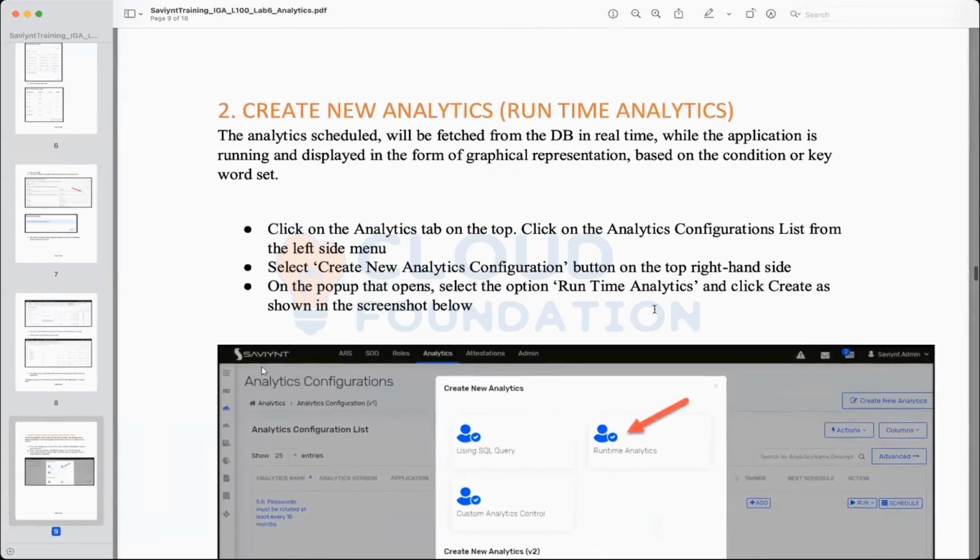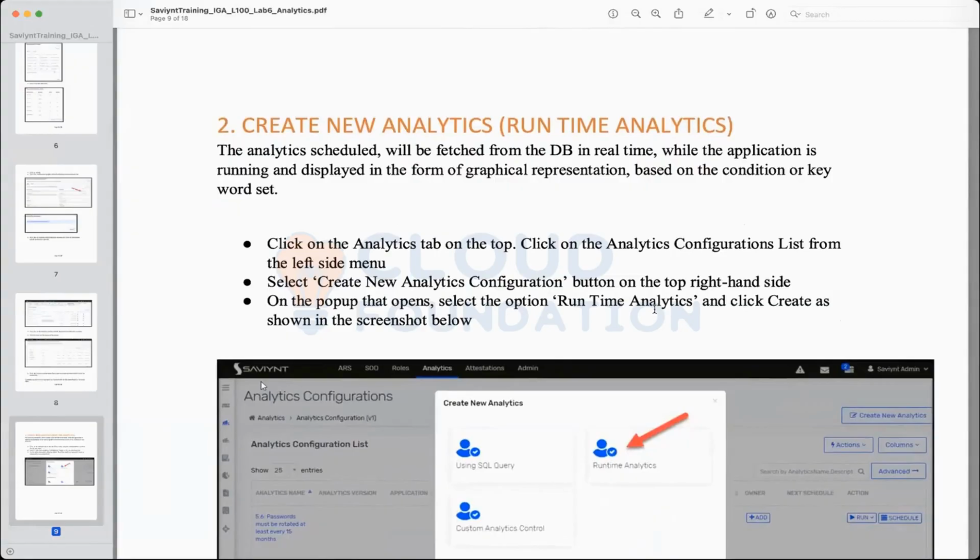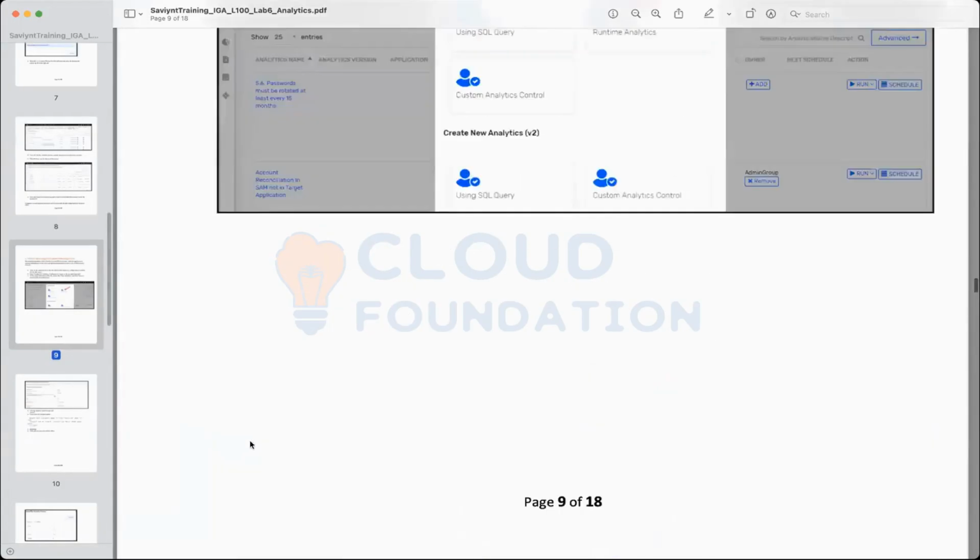The second part is called runtime analytics. Now, what is runtime analytics? There is one part of the database, or the usual databases, where the values are already saved. And obviously there are some databases whose values will be getting updated at runtime, right? Because it is a production system, at runtime some users will be getting more access, some users will be leaving the company, and all those things will keep on happening.